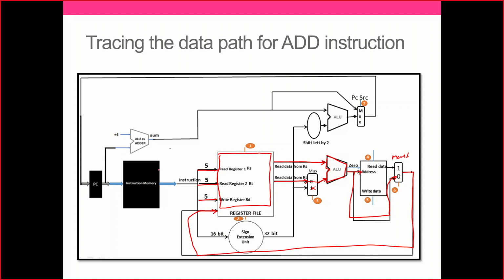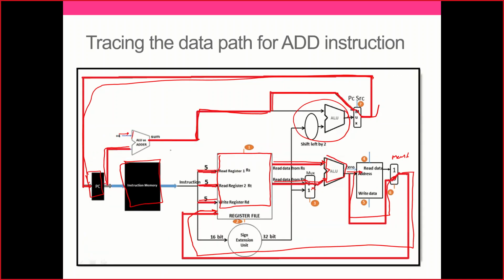I need to update this. These components are getting used every time, so anyway, it's better to put an update here. This is okay. And here we need to say how it goes. The program counter comes here. It goes on here. This is all used. I'll come here. There is no branching, nothing happened, so I can skip this entire module. I'll take this path. I'll come here. I'll go via this. I'll take this. I'll come back and then I will update it properly. That's it. We have traced the path nicely for the add instruction. That's what is present here.